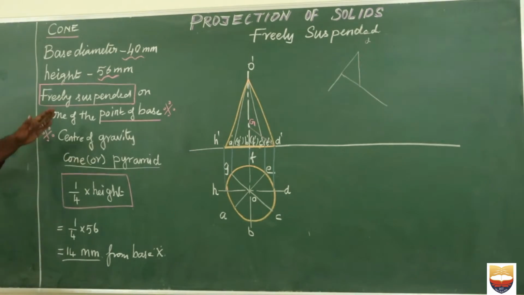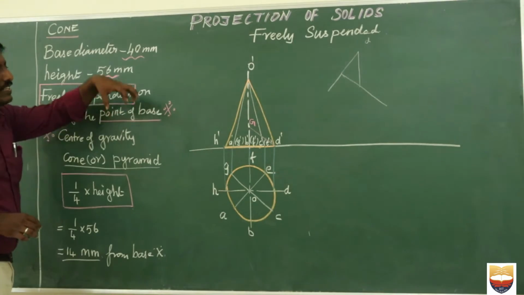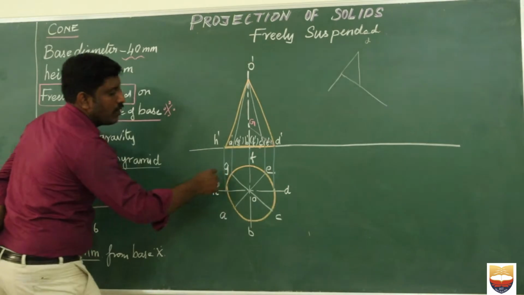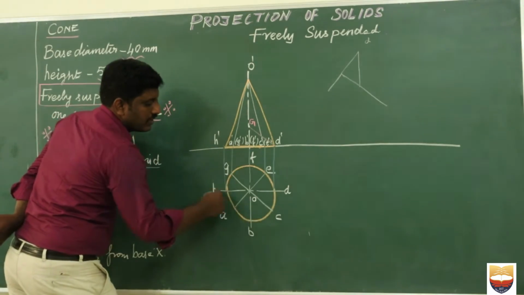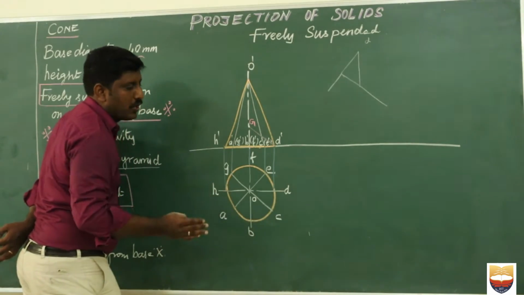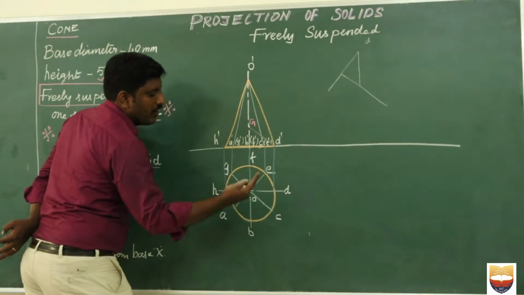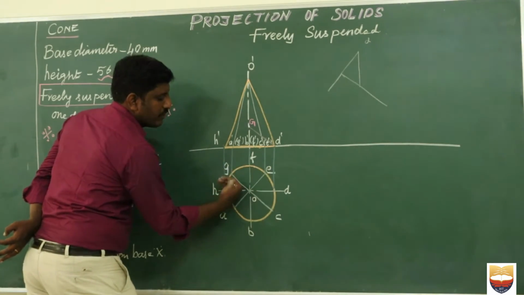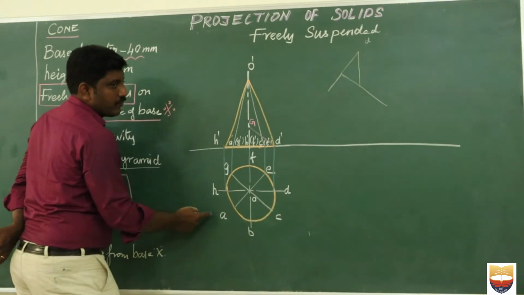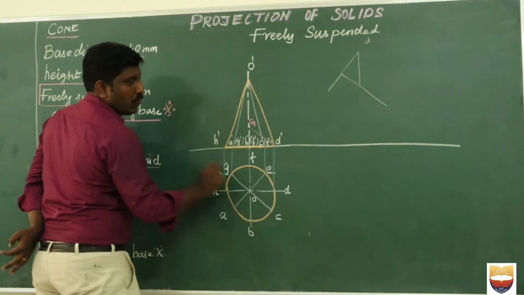As I told earlier, here I have drawn my simple question. Since the base is resting on the horizontal plane, I can look at the circle from the top. So I have drawn the top view as a circle. Then I have marked the center line and equally divided this circle into 8 equal parts. I hope you know how to divide it: from here 45 degree, 45 degree, 45 degree, 45 degree. Otherwise you take only two sides, from here 45, from here 45, and simply extend the line so that I have 8 equal parts. Then I have to name the parts: A, B, C, D, E, F, G and the center.